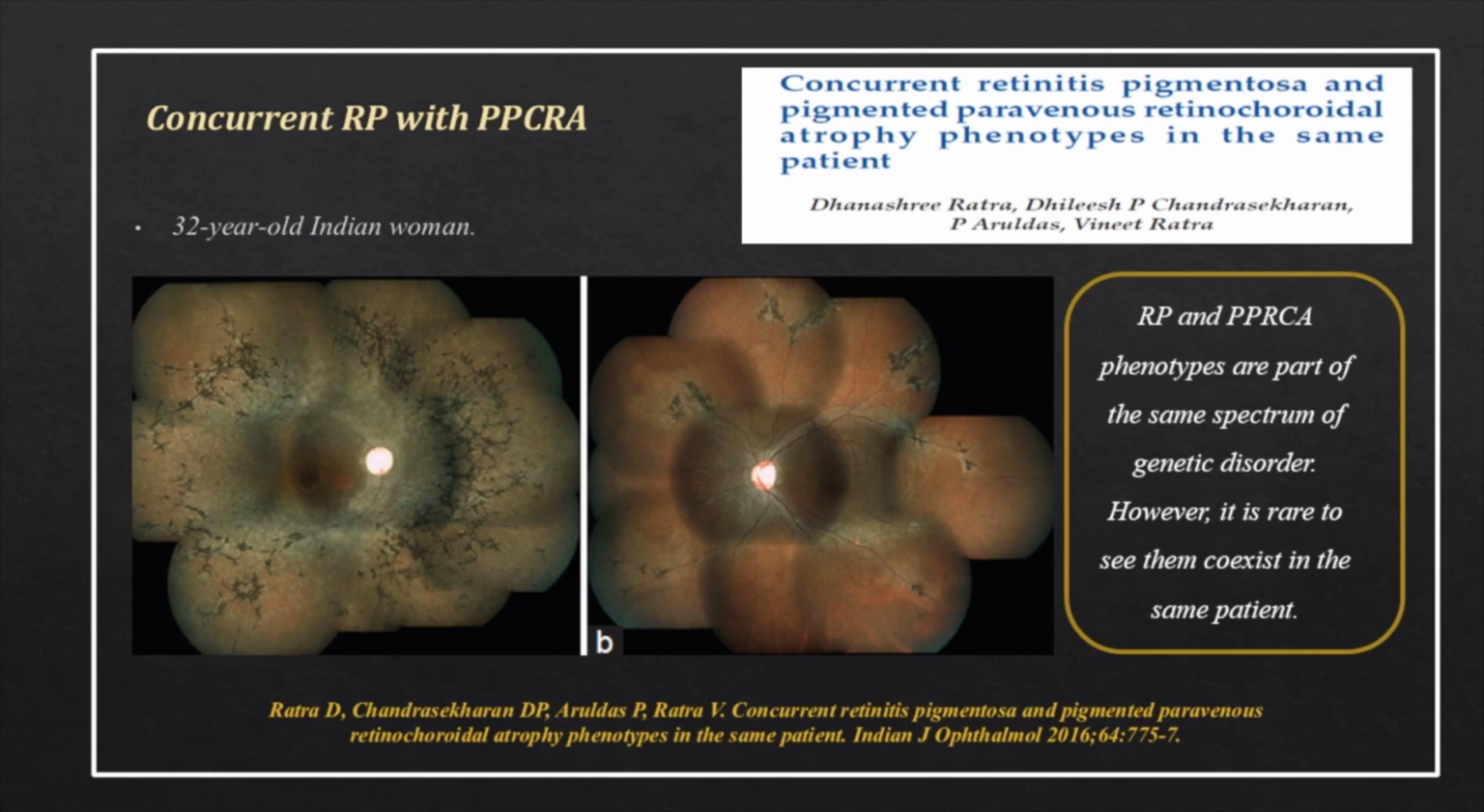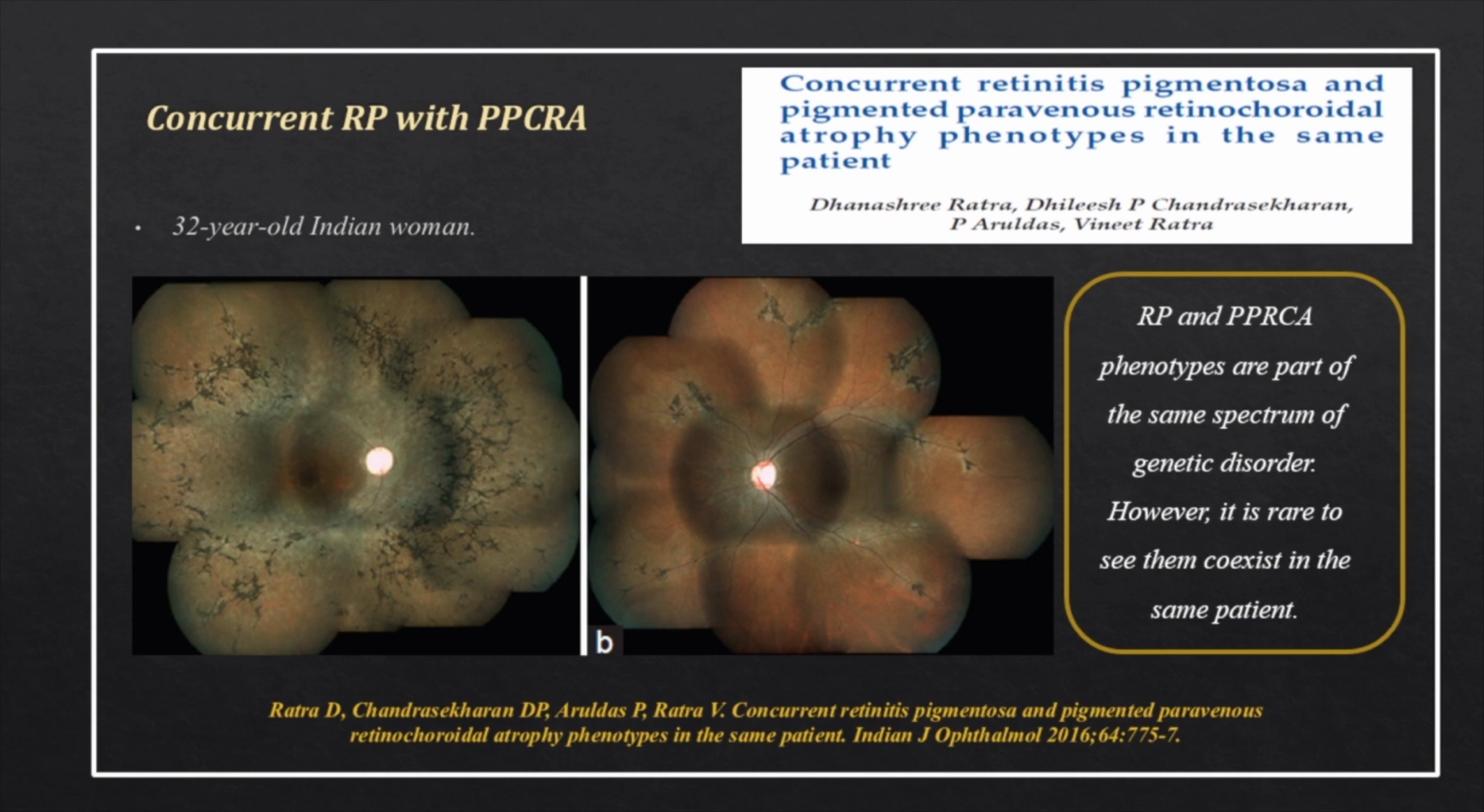And what we can see is the RP and PPCRA phenotypes can be a part of the same spectrum of the genetic disorder. However, it is rare for them to coexist in the same patient. So this was one patient, very peculiar. What was peculiar was that one night she had an RP-like picture, including extinguished ERG in the right eye, poor vision